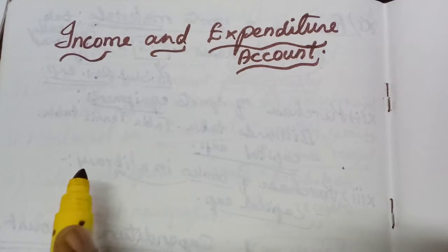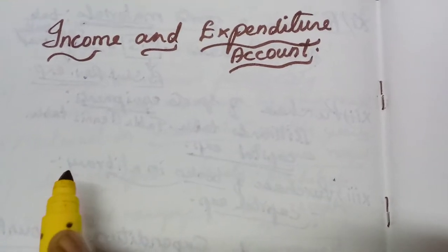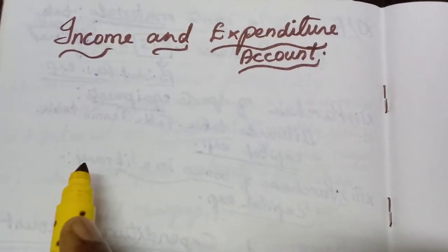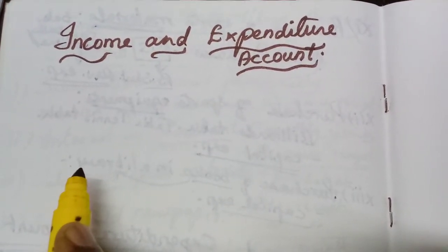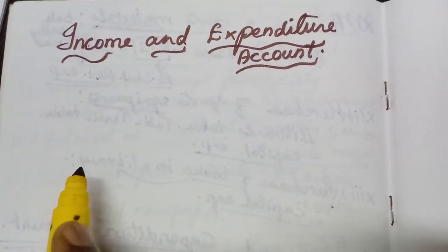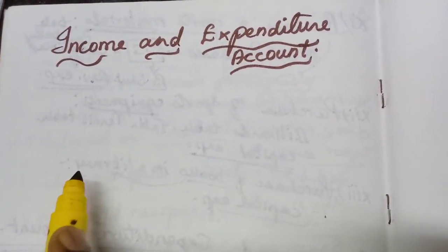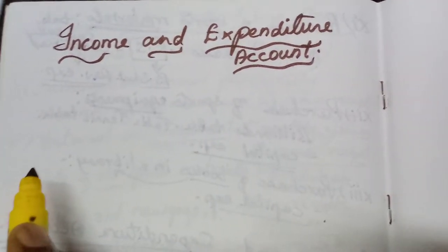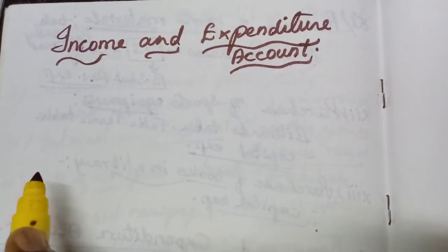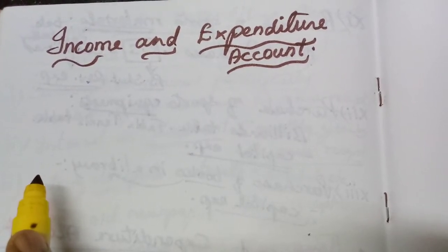It will start with the opening cash and bank balance, balance brought down, cash in hand, cash at bank. Then all the receipts, irrespective of the nature, whether it is capital nature or revenue nature, we will enter in the receipts and payments account. Whether that receipt is related to the present year, past year or future year, don't mind, all the receipts will be entered, and the payments also. It will end with the closing balance of cash in hand and cash at bank.